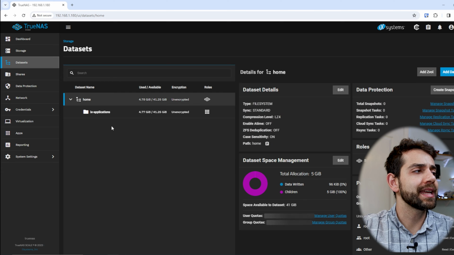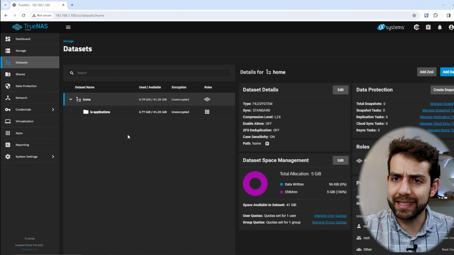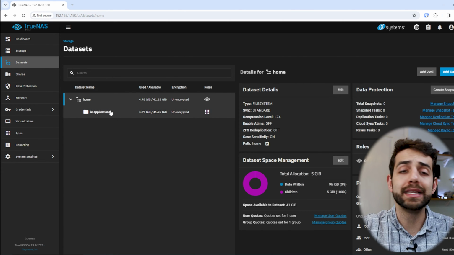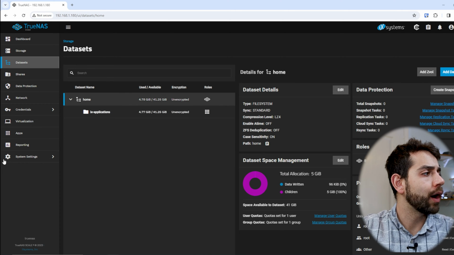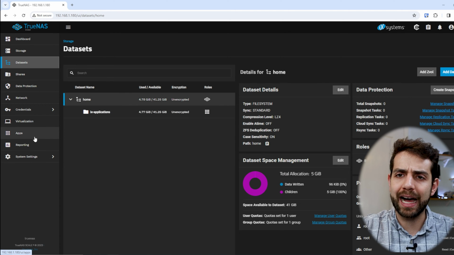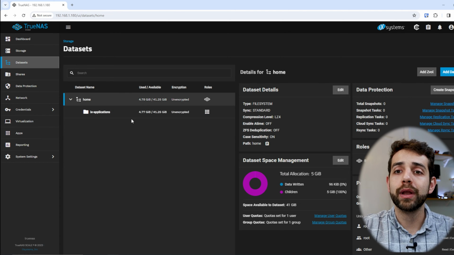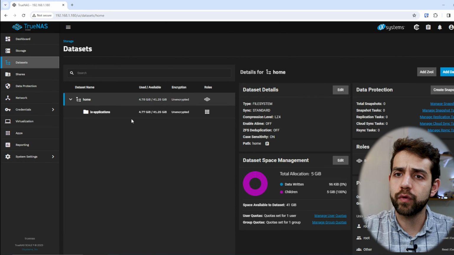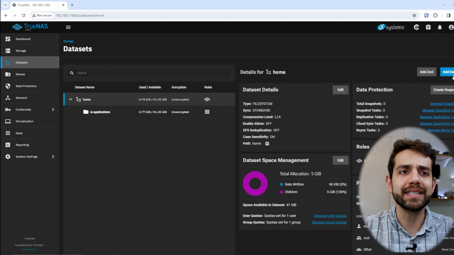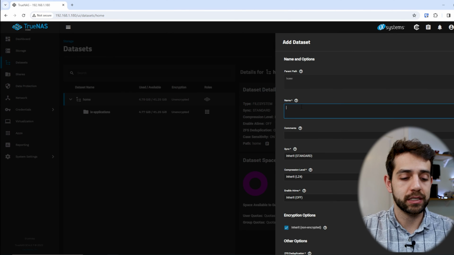If I come here to dataset, I have no dataset created. The only thing created is ix-applications. This is the one that is created automatically when I try to install an app here. So now we're going to imagine that we're in a company. We're going to have one shared folder where all the users have access. So I come here and create this shared